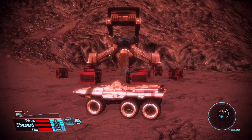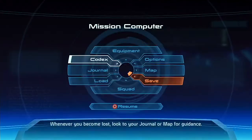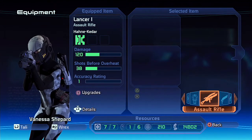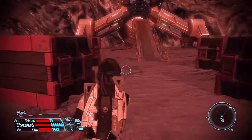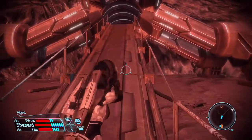Well, this is what we were looking for. En route. Let's see what we can do. Now, do I have my helmet on? I don't think I do because I was just in the Citadel. Well, I can check when I get inside here. Probably won't be shooting too many people because this is just a probe, but,